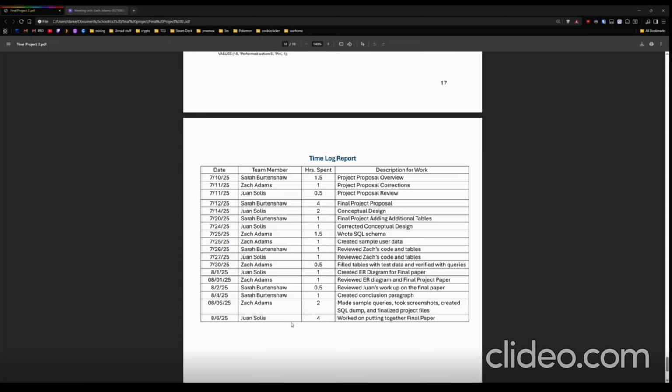I would say this project gave our group a pretty hands-on experience designing a complete relational database, and we saw how a well-structured database, or at least what I would consider well-structured, can support key app features, like something in a real life app like Pinterest. And it was fun to do.